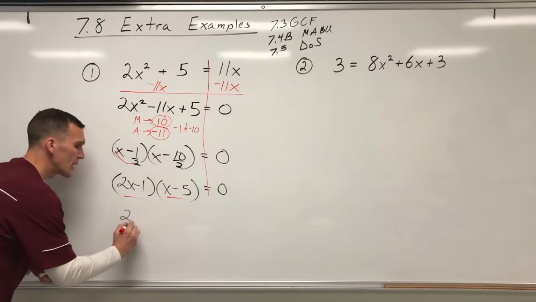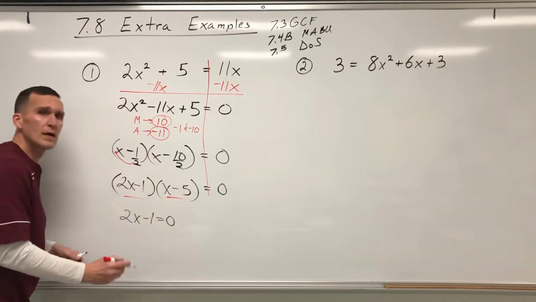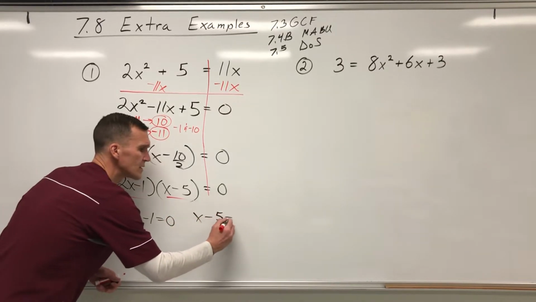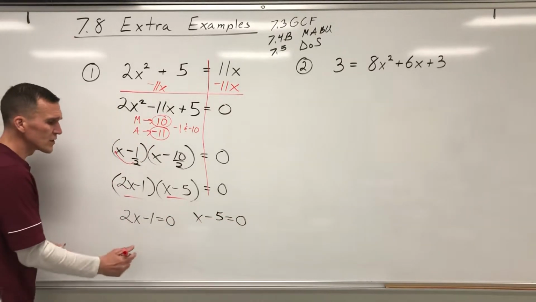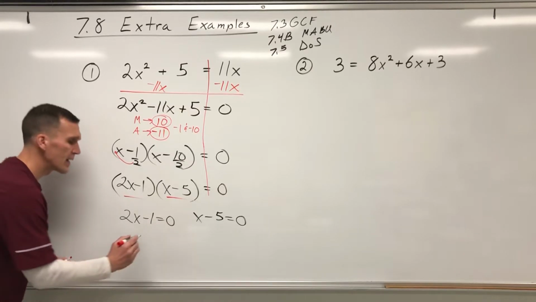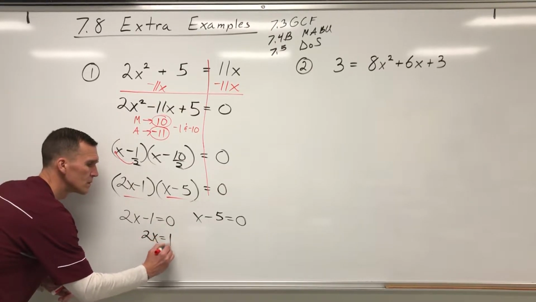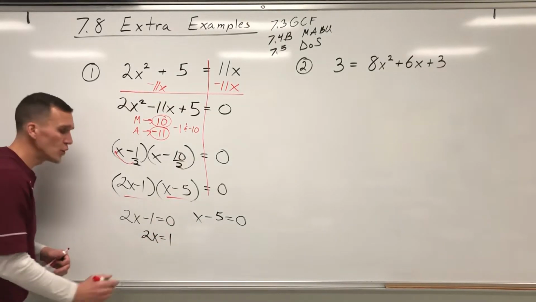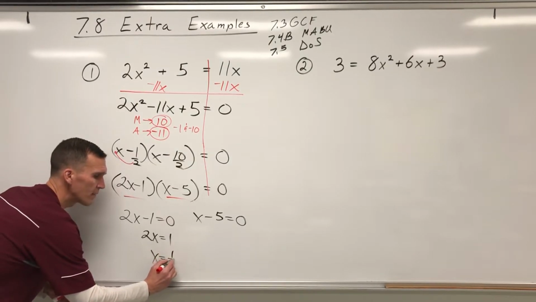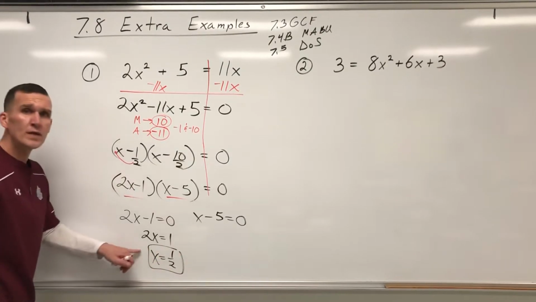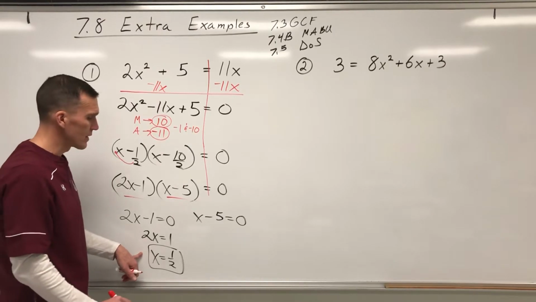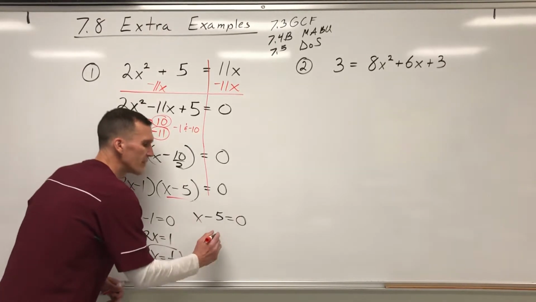I will take 2x minus 1 equals 0. I will take x minus 5 is equal to 0. To solve this, I'll add 1 on both sides. I will divide both sides by 2 and get 1/2, or if you do a decimal, 0.5 is the correct answer. Here, I will add 5 on both sides,